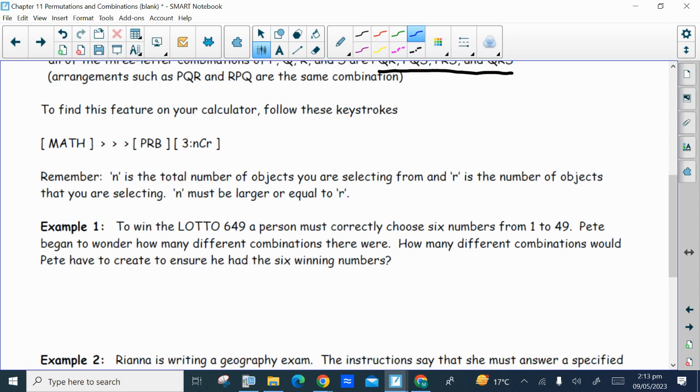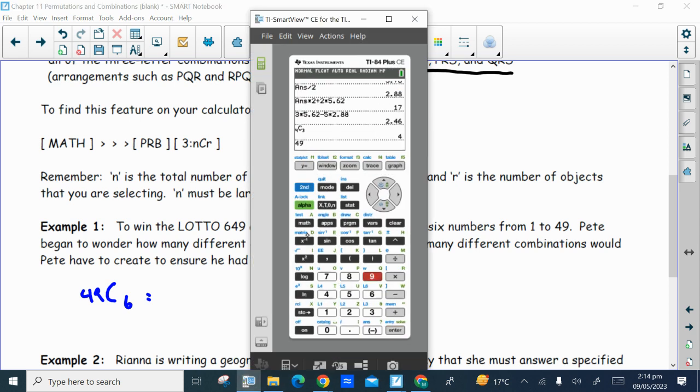One example of a combination is Lotto 649, or any lotto for that matter. You are just selecting numbers. The order they're selected doesn't matter. In the end, you want to match the numbers you selected with the ones that were drawn. So for a person to correctly choose 6 numbers from 1 to 49, it would be 49C6. 6 are being selected from 49. The order that they are chosen doesn't matter. So if we use our calculator to find out what 49C6 is,